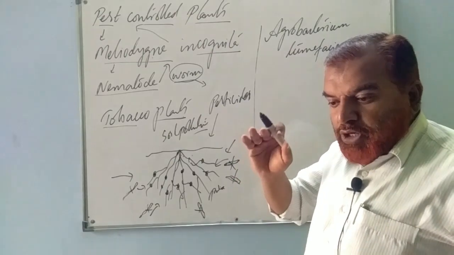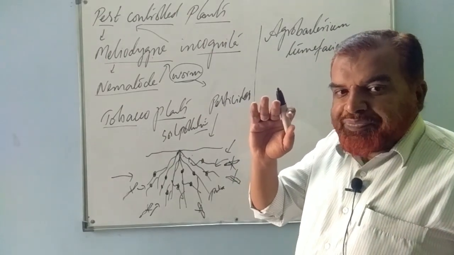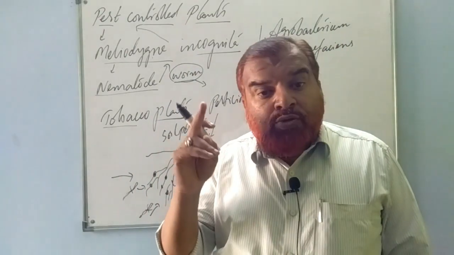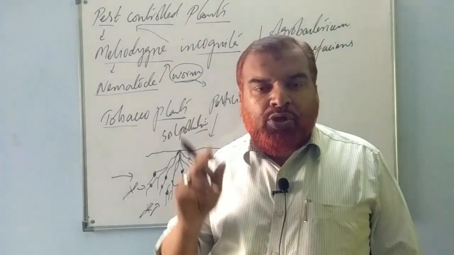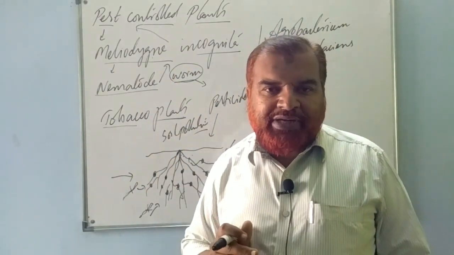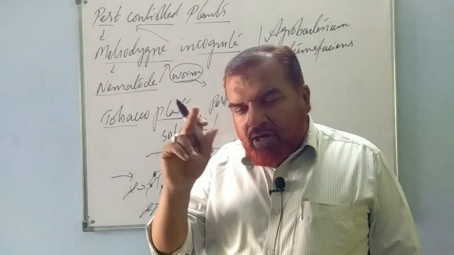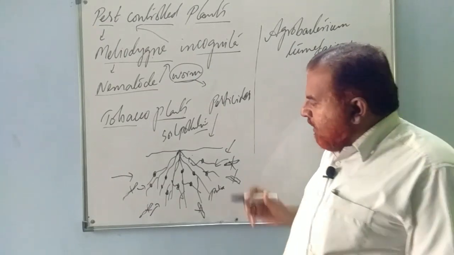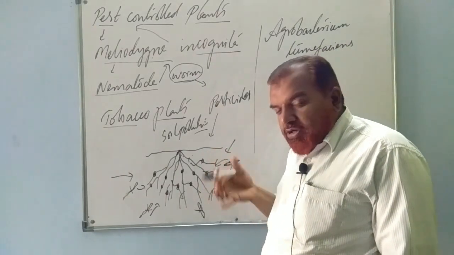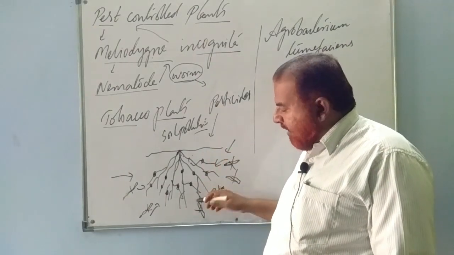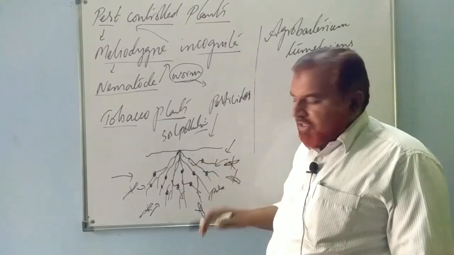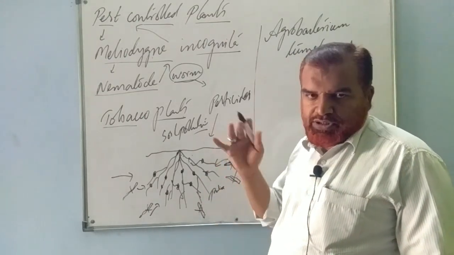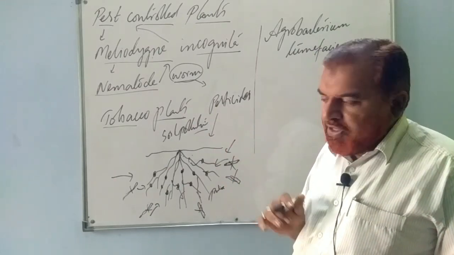So how to make that protein not to be synthesized in the soil? To stop protein synthesis, you have to go for the protein synthesis mechanism, mRNA, right? All those techniques, you know how protein is synthesized. In the previous chapter you have studied. So they thought of stopping this protein from being secreted from the root, so that this worm is not getting attracted towards the roots. So this concept was there.